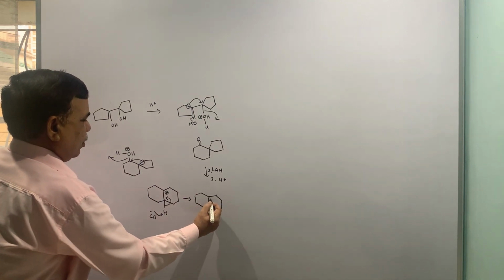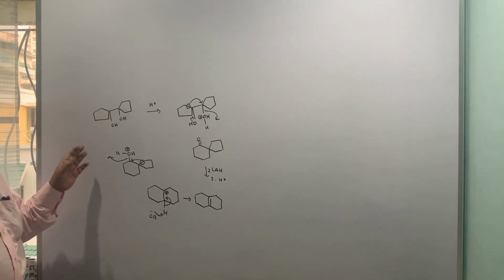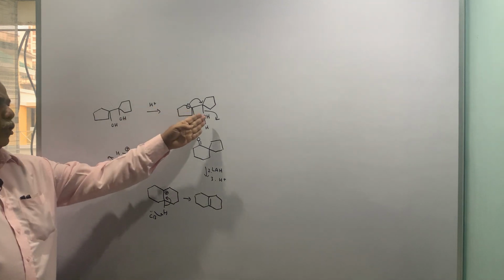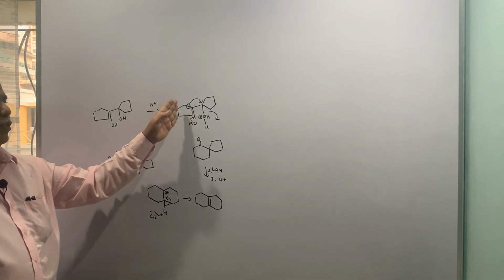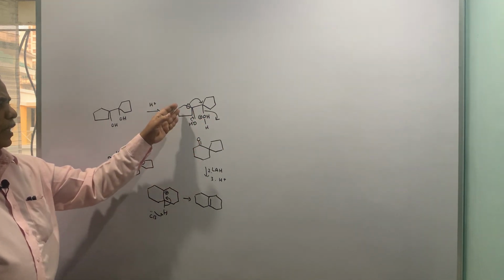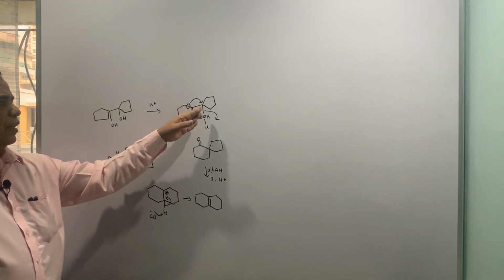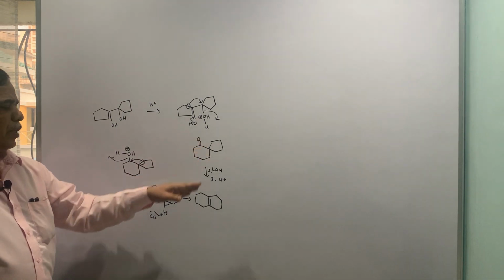Now since the product is not given, we can write all these things because these are logical things. Protonation of either of these two because it is a symmetrical molecule. Loss of this, ring expansion. Normally the functional group which is opposite to the leaving group migrates, you get this expansion of this ring with ketone as a part of it, and then the 5-membered ring as a spiro ring.